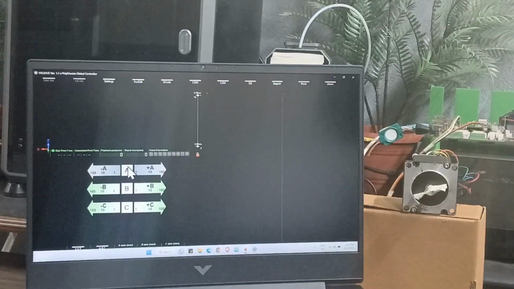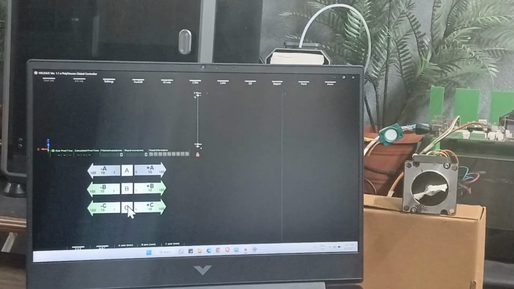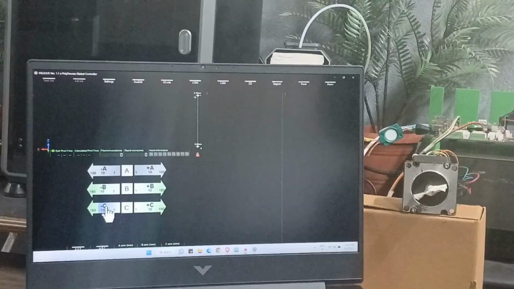Then the B axis rotates around the Y axis. Similarly, C rotates around the Z axis. Just like X, Y, Z, you can move these axes using positive A, negative A, positive B, negative B, positive C, negative C.